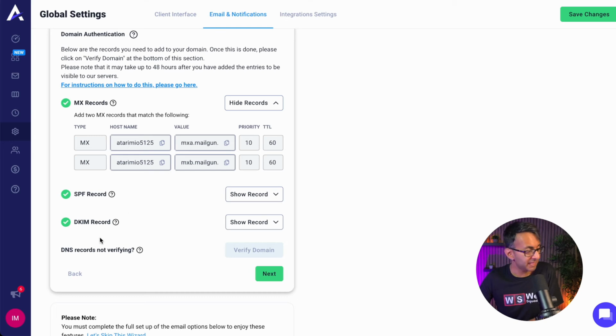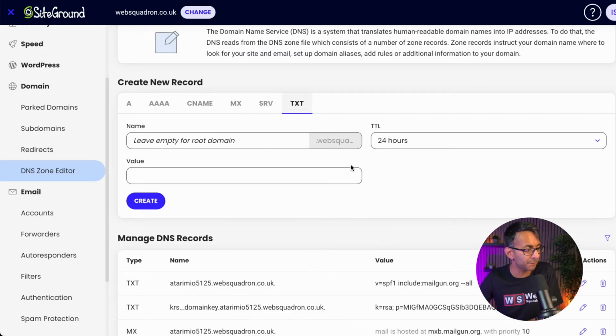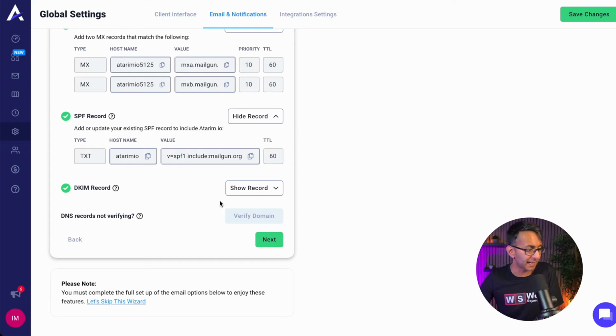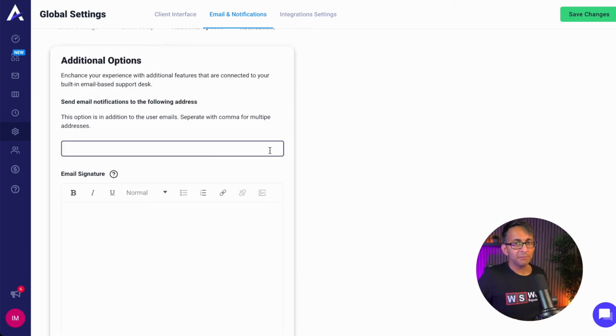As far as the SPF and the DKIM is concerned, these are actually text records. So you would go through the same process again. You would now click text. Again, you would pop in the name and the value you would paste in. And in this case, there's the name, and there is the value that you would put in. Once you've done that, you would just verify. And you'll know when everything's gone through fine because you will get ticks. Now, if you have any problems with this, just check with your hosting provider, but this is actually really simple and easy to do. You can add in further emails that get notified of anything that lands in your inbox,